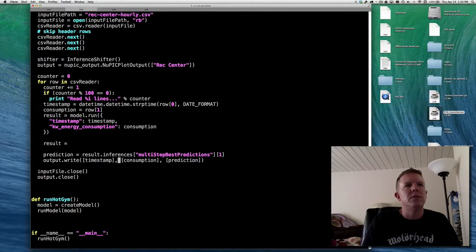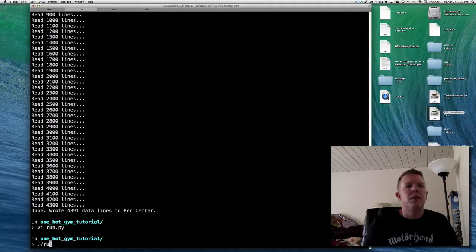And then we just use that instance and tell it to shift results. Is that right? Is it just shift? Just shift, and the result. So that will adjust that result so that the predictions are aligned with the actual values for plotting. So now when I run this,